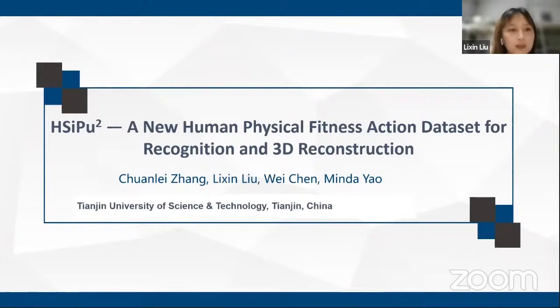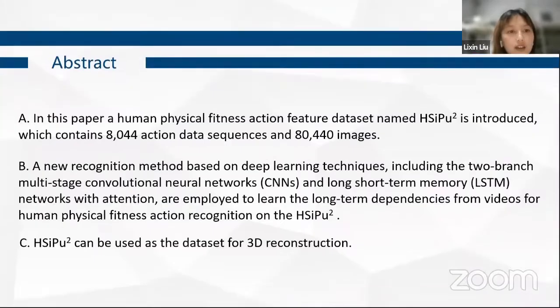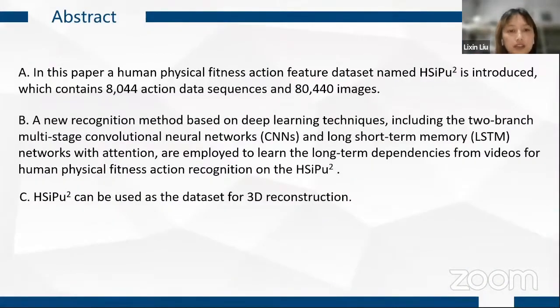In this paper, a human physical fitness action feature dataset is introduced, which contains 8,044 action data sequences and 80,414 images. What's more, a new recognition method based on deep learning techniques, including the two-branch multi-stage CNS and LSTM